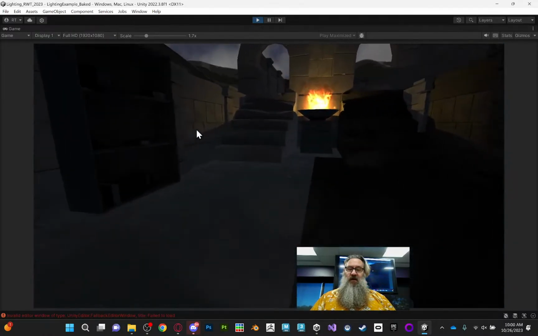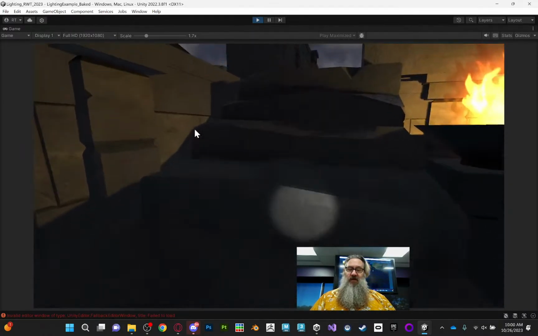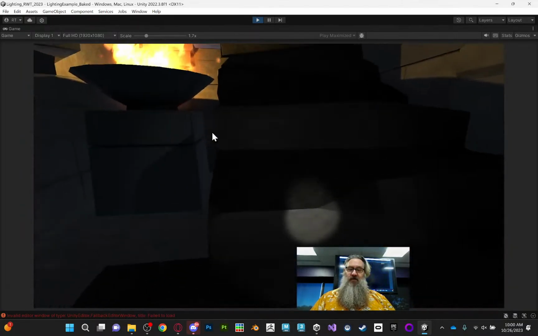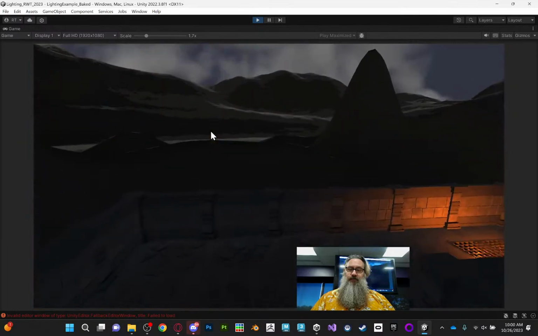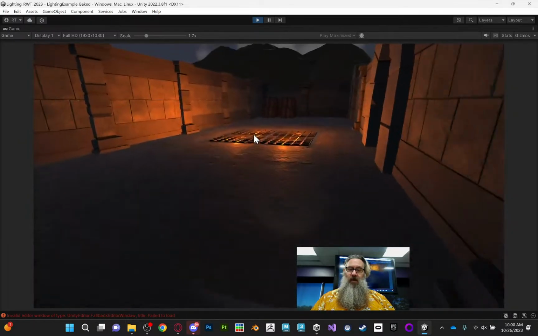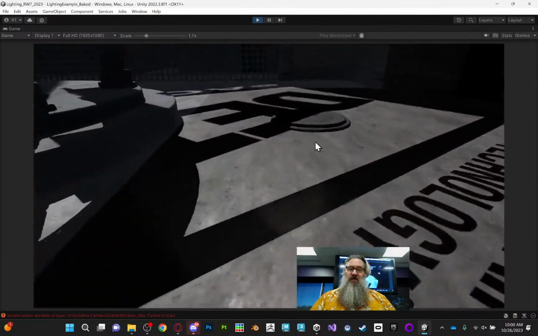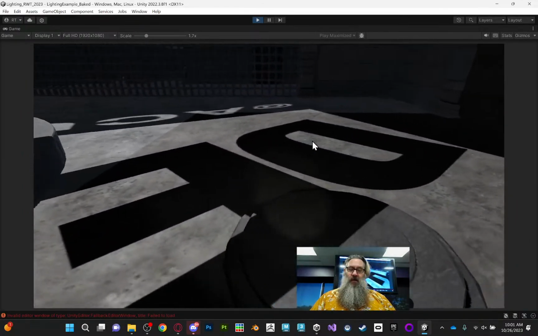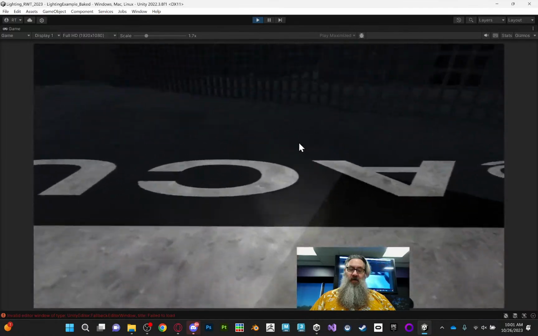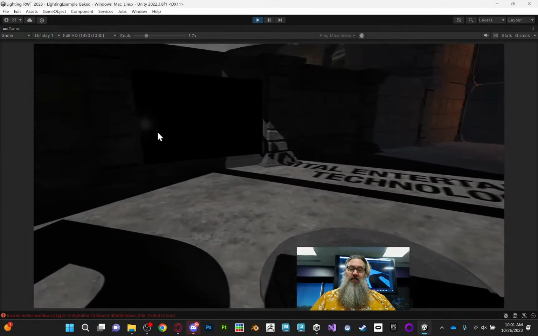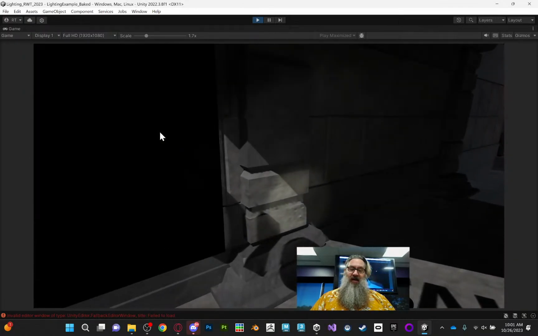Makes sense. I've got one point light over here that I baked, and then there's some fire particles going on there as well. Just jump over the entry if you're not going to be able to get through. And then this is a baked light here. Or, oh, I guess I've got it set to mixed. Yeah. So it baked on the ground and on the walls here, but if you look at my flashlight,